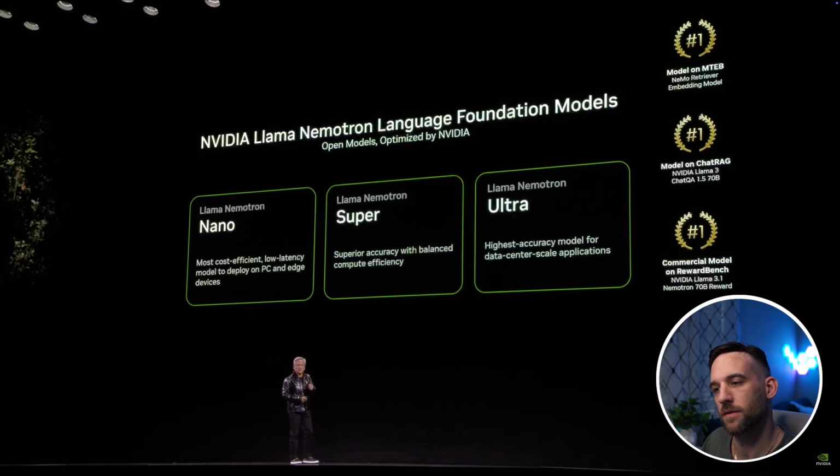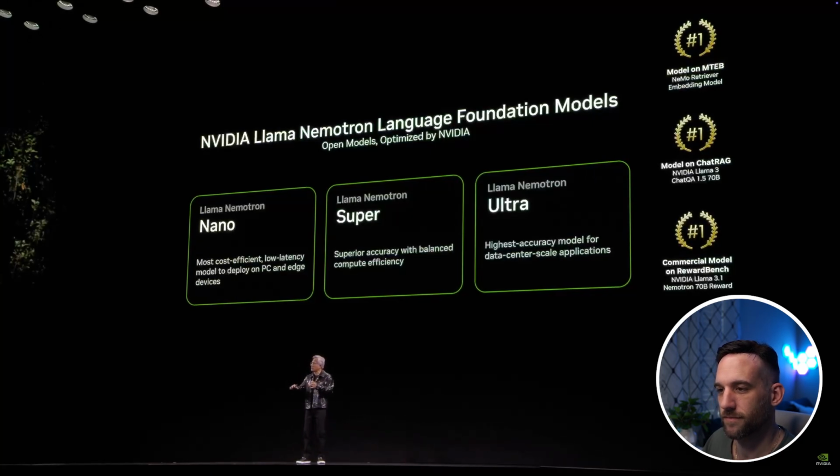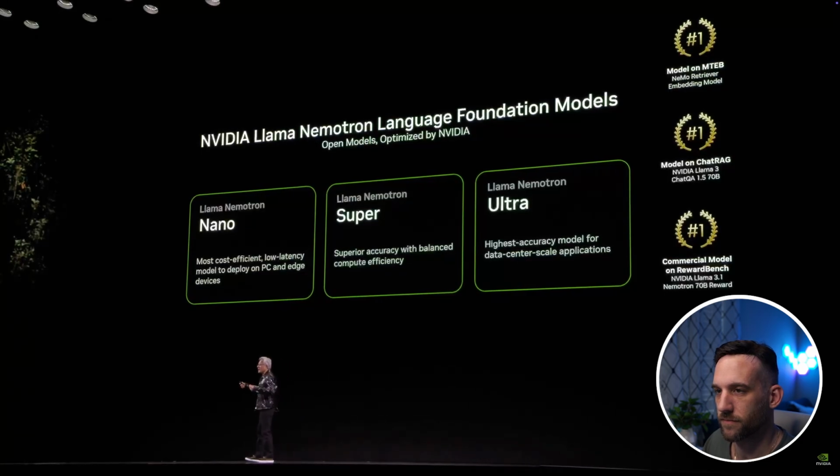The Ultra model could be used to be a teacher model for a whole bunch of other models. It could be a reward model, evaluator, a judge for other models to create answers and decide whether it's a good answer or not, basically give feedback to other models. It could be distilled in a lot of different ways. Basically, a teacher model, a knowledge distillation model. Very large, very capable. And so all of this is now available online. Well, these models are incredible. It's number one on leaderboards for chat, leaderboard for instruction, leaderboard for retrieval. So the different types of functionalities necessary that are used in AI agents around the world, these are going to be incredible models for you.